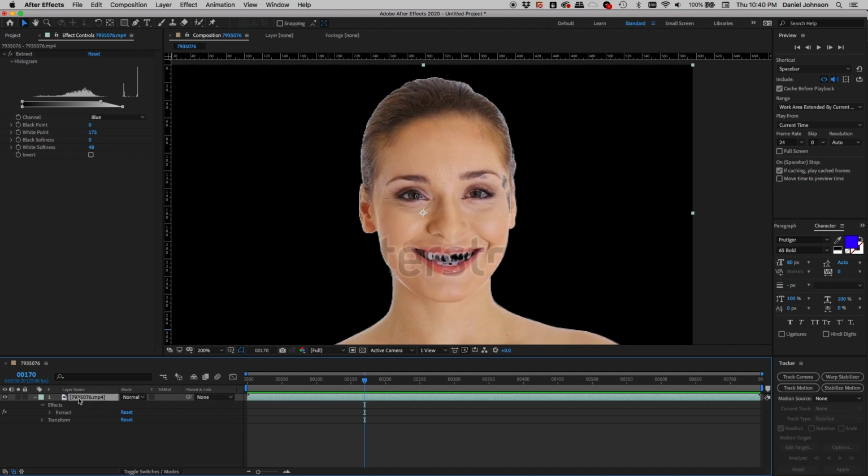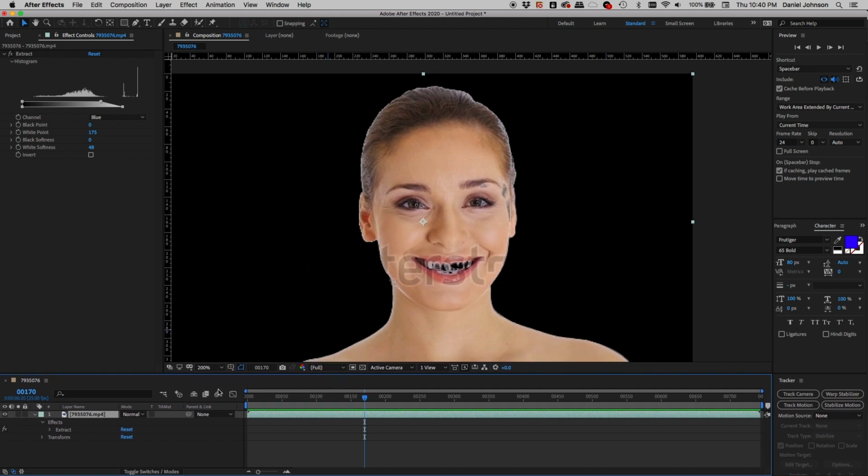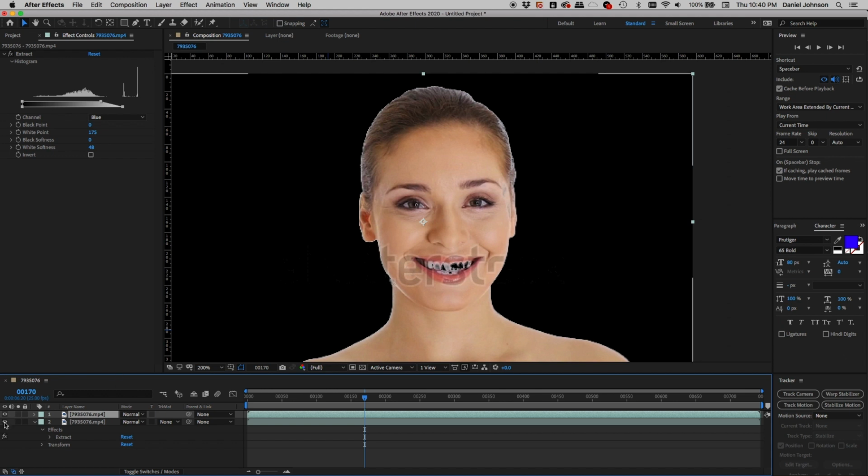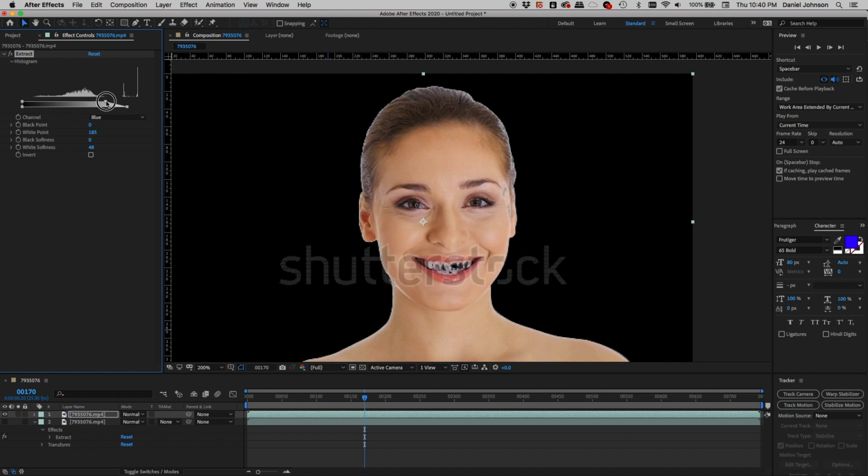So I'll come down here to my layer, and I can even put a bit more room right here. Come down here to my layer, and I'm going to do Command D to duplicate it. Of course, Control D on the PC. And on this duplicate layer, and I'll even turn off the bottom one so that we can see there. On this duplicate layer, I'm going to bring the white back up here